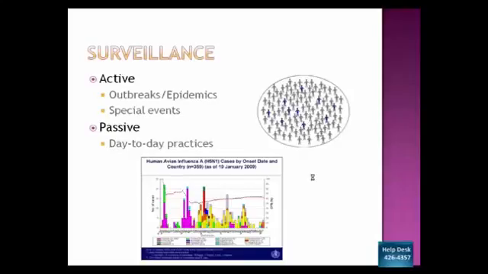Let's see if I can use my little dot here. And this is really, I know you can't read this, but this was the H1N1 flu, some of the flu data we had here in Idaho, and it has different countries and their number of cases and kind of tracking it through time. So that's kind of an example. At the time it would have probably been considered probably not even active surveillance, because by the time someone goes to the emergency room,